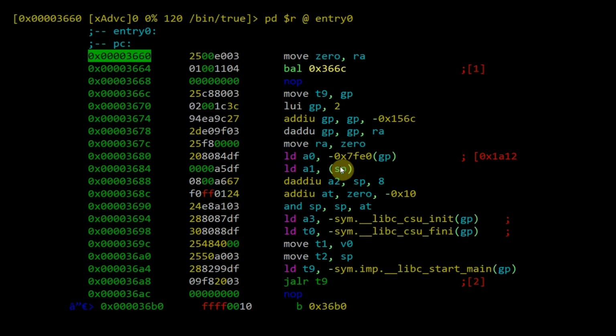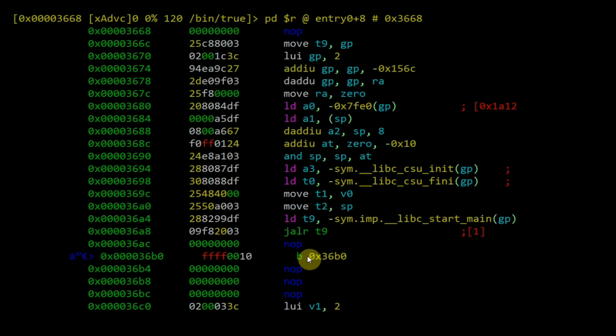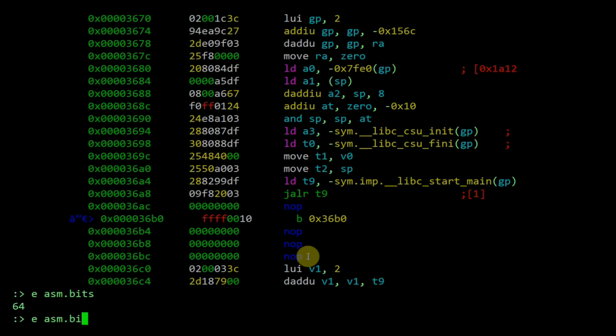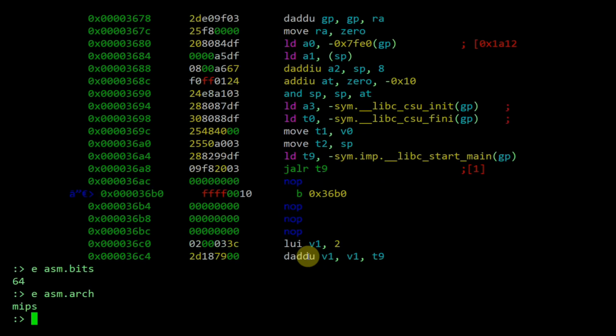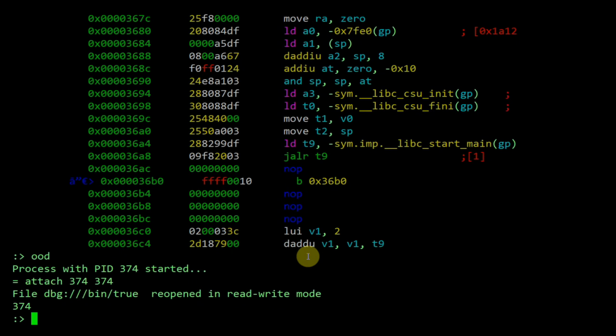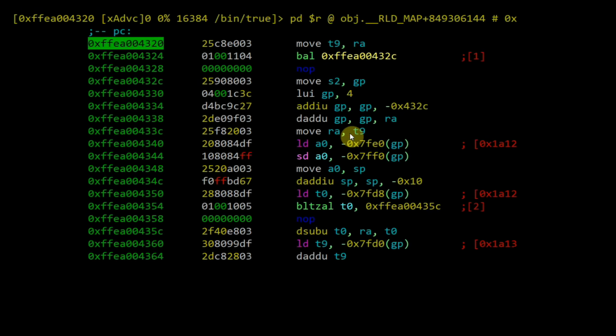It's on a MIPS platform, and you want to check about the MIPS, so it doesn't make differences or problems. Let's try to put it into the memory. So it's working,